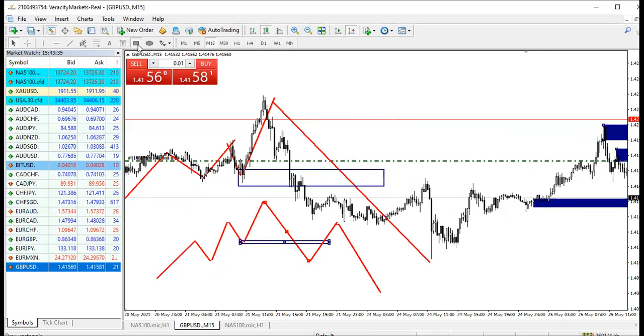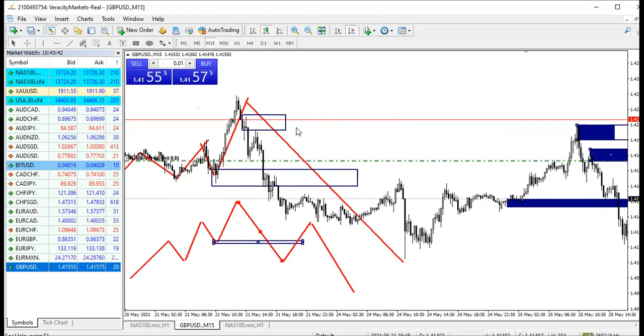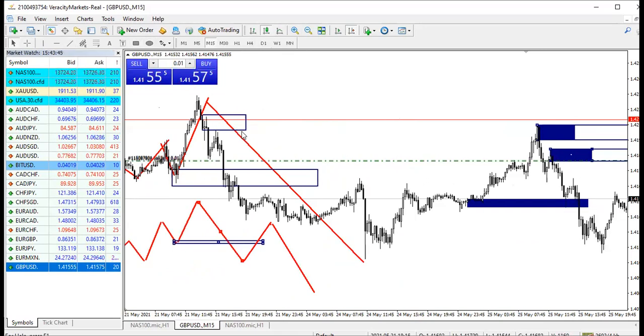What do I have? The first one is this one, and the second one is this one, meaning I can take both of them and reduce my risk. I can take it like this. I can't take this one because it's no longer fresh. I can only take this one when I check it is fresh.